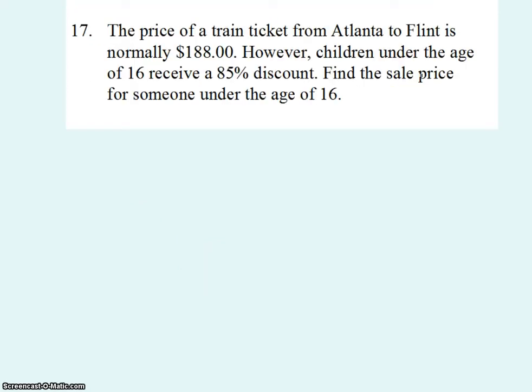Question 17. The price of a train ticket from Atlanta to Flint is normally $188. However, children under the age of 16 receive an 85% discount. Find the sale price for someone under 16. Okay? So they're taking $188, which is the price, and they're subtracting. How do I know it's subtracting? Because it's a discount. Right there, it's a discount. They're subtracting